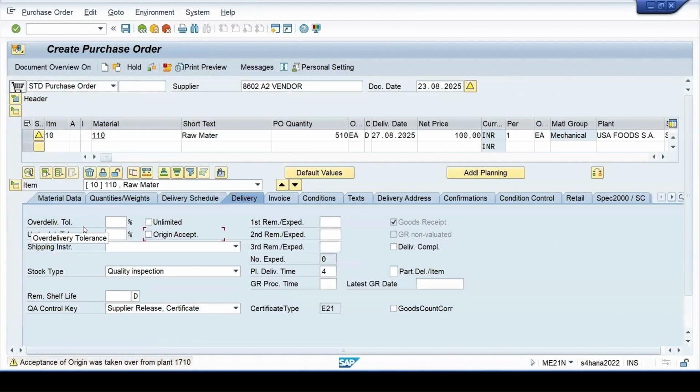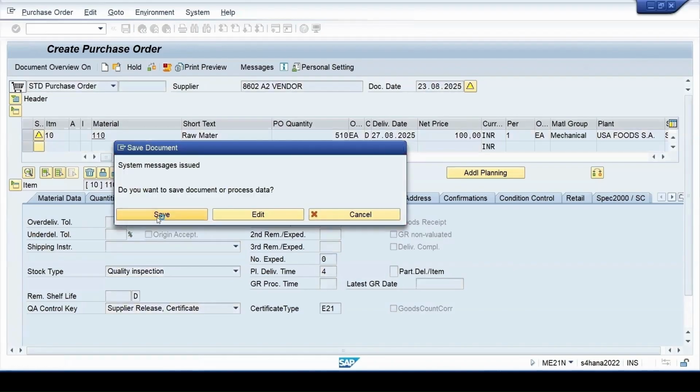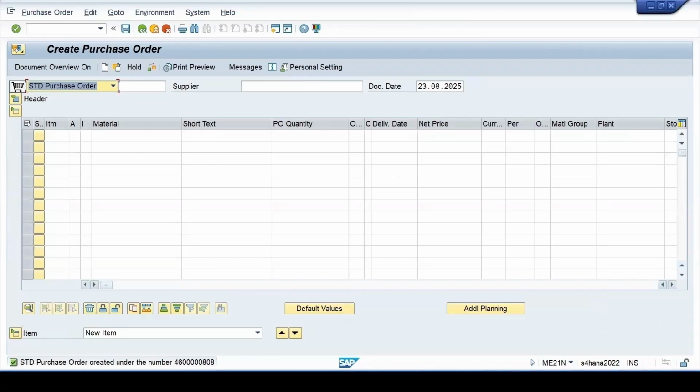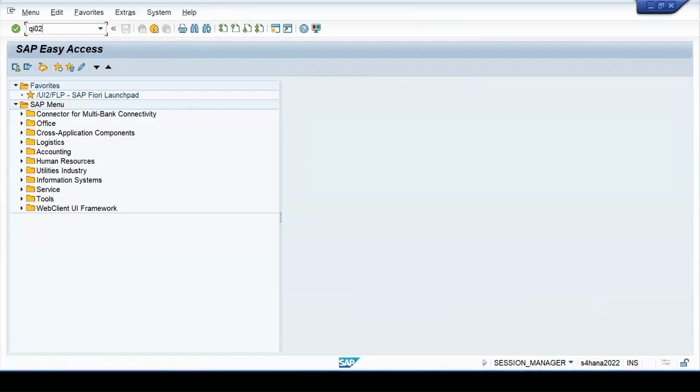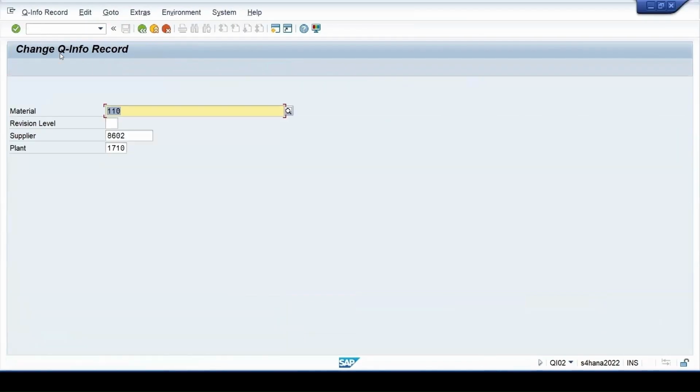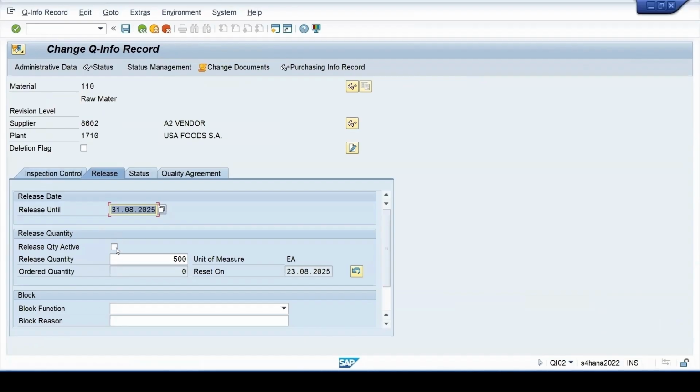It is not giving the warning. Let's see. Oh, there is my record. Need to check this. That's what I was surprised about. This should be active. Let me save this.